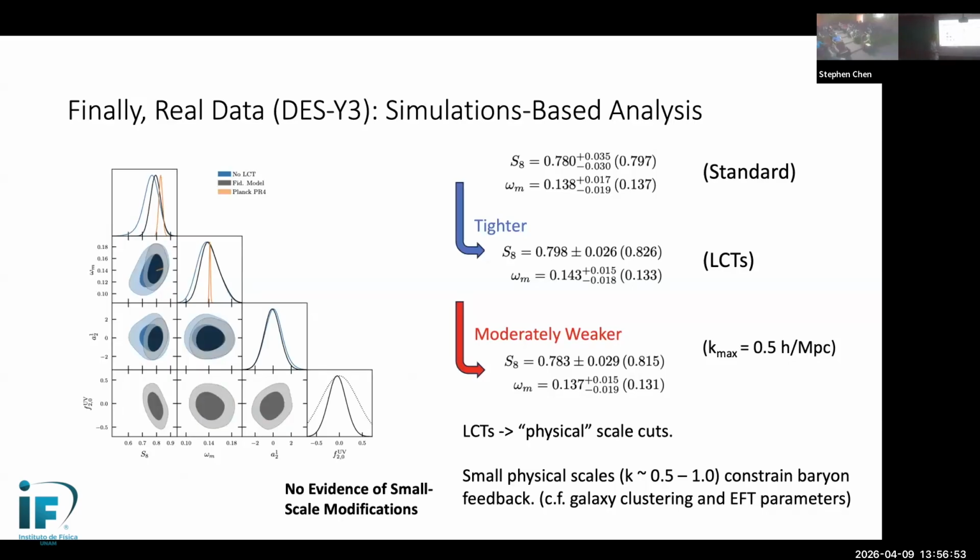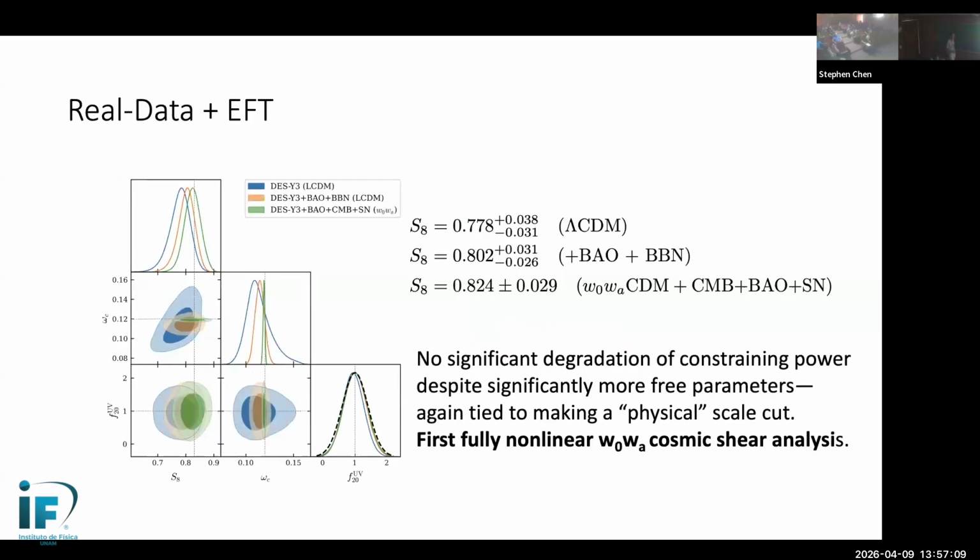And this is precisely because once you account for the fact that baryons have a non-negligible effect, your constraints using an emulator, using simulations, are already limited by the scale that baryonic effects are. Right, so we're not actually losing any constraining power essentially by using only the perturbative theory that has a finite radius of convergence.